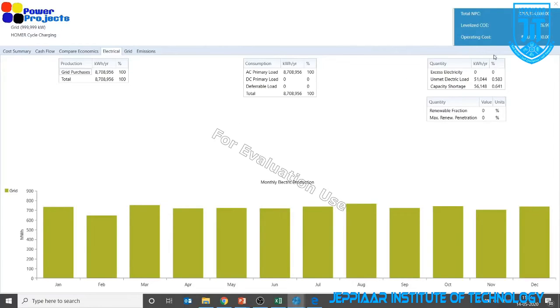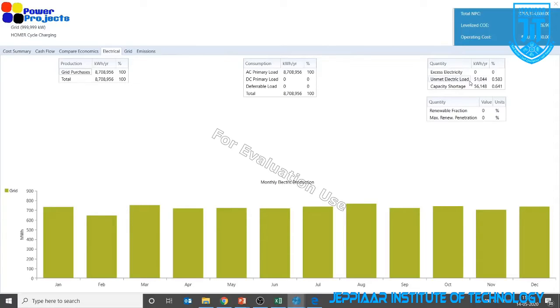Yeah, here you can see the excess electricity is 0. That means I don't have any excess electricity, but there is an unmet electricity. In a year, there is about 51,000 kilowatt hour, that is 51,000 units, unmet. What does that mean? I have given about 50 hours for grid outage. So in those 50 hours, the demand which is there couldn't be met. Simple reason, because by that time the grid is not available.